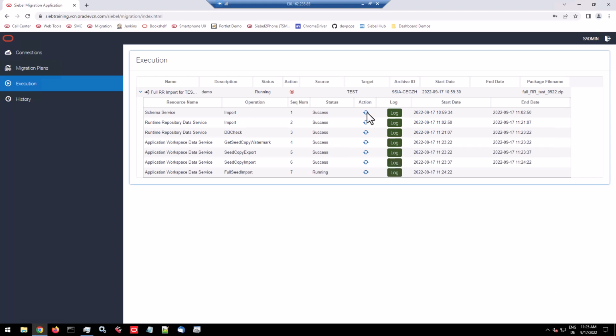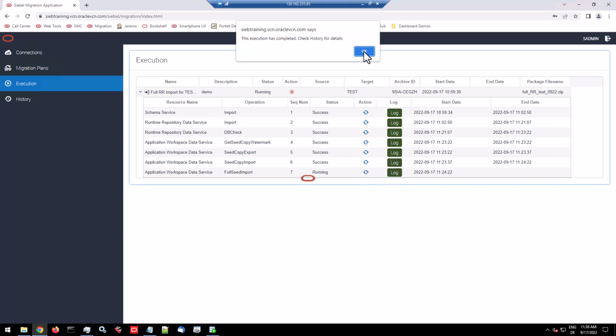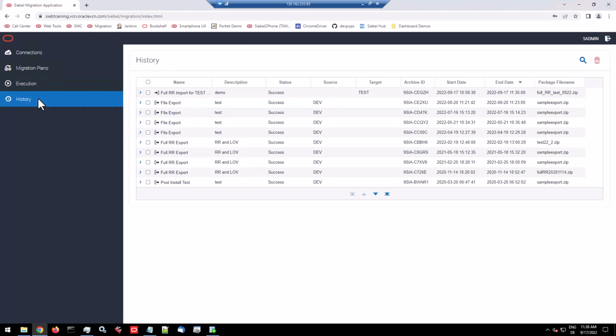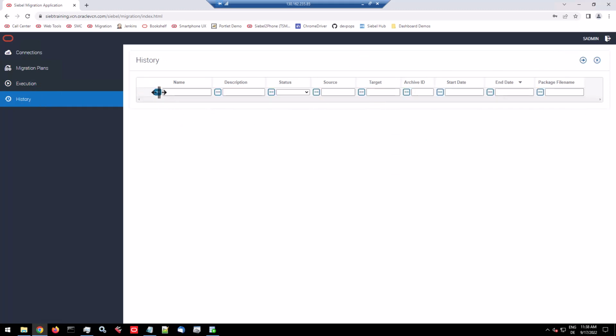So almost there. The full CD import is still running, could take a while. The last steps are related to the seed import. It exports the seed data that it finds, imports it again, imports the source data. So now it's finished, and we can check